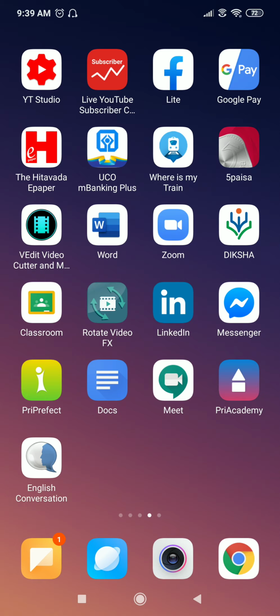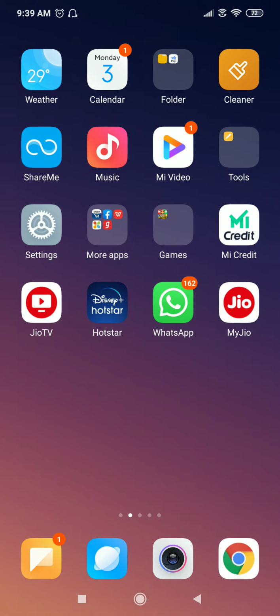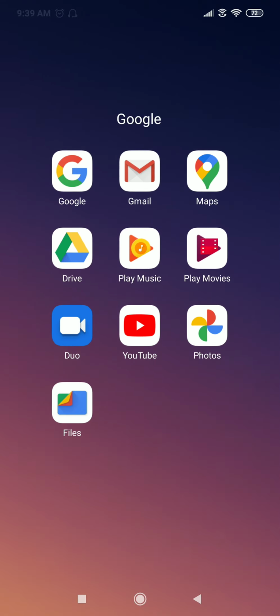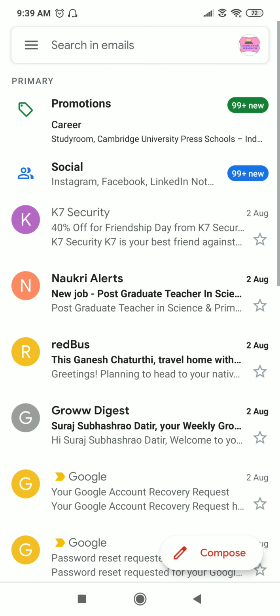And one last option I am telling you: simply uninstall your app, and after reinstalling it you have to verify the email ID and confirm that this email ID is logged in to your account or not. How you will confirm that I am also telling you. You have to go into Gmail, and then check whether it is logged in or not. You just have to verify the icon.